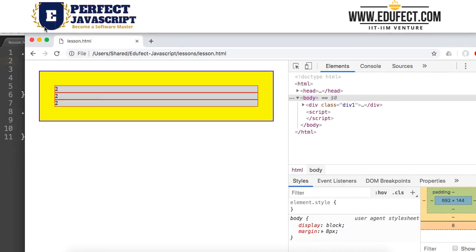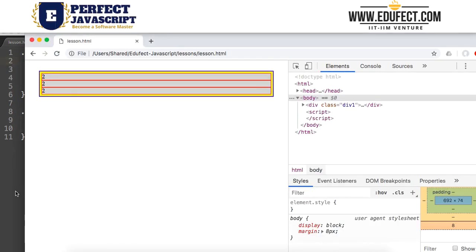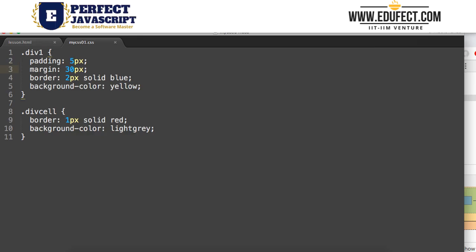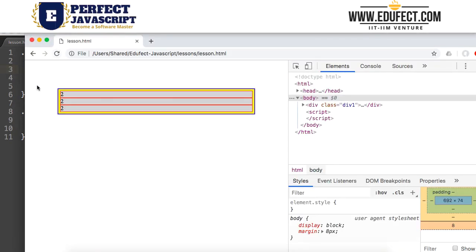Let's refresh it. So this is what we have, and let me increase my margin to, say, 80 pixels. Now what will happen? We can see that it has shifted and it has shrunk. So margin is the distance this element has with its parent.